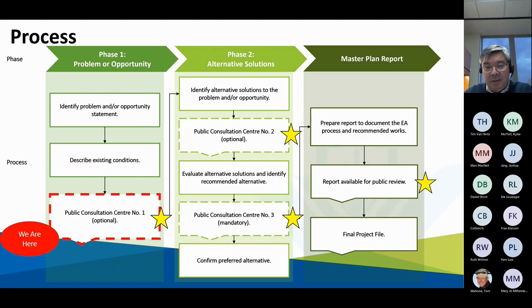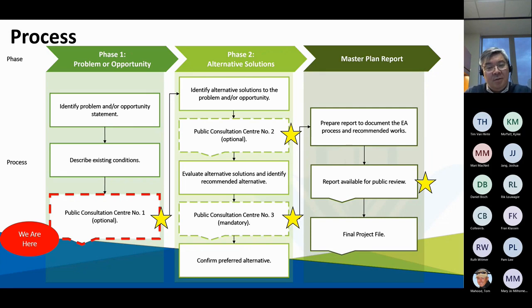We're connecting with the public like we are here today to be inclusive of all perspectives. We have technical experts on the project team with years of experience in developing these types of plans and understanding what works and what may not work. But we also want to hear from you and your lived experiences, and that's why we're here today, as indicated by the first star. Moving forward into phase two, we'll start finding solutions to the problems and explore opportunities.